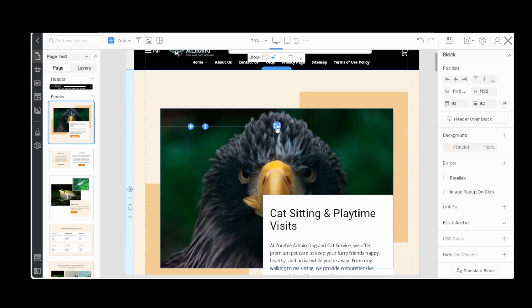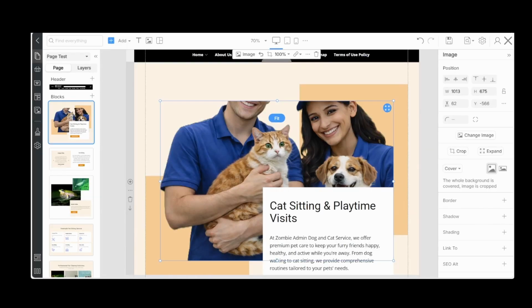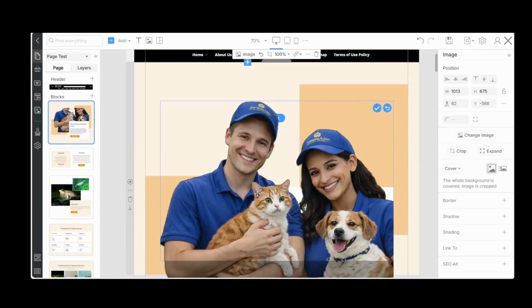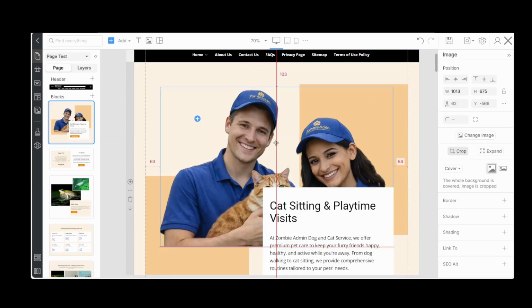Let's start placing in our images. So let's crop the image and bring it down a little bit. Looks pretty nice. Let's apply. Let's bring up the image a bit. That looks pretty good right there.